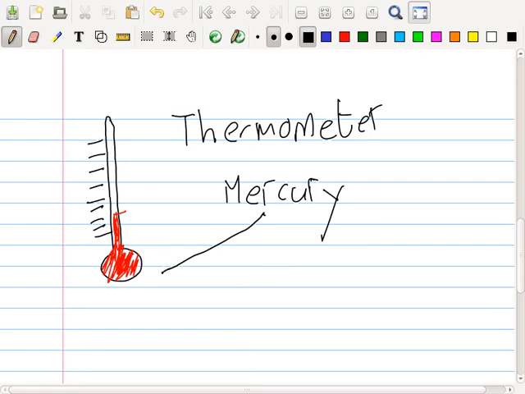Mercury is inside this thermometer. Now what happens is when it gets hotter, it goes up, higher, and then when it gets colder, it goes down. But the range here is only going to be something like 10 to 30 maybe. It's going to be a small range. If you want more of a range, you'd need a digital one or something. Anyways, the point is, this is a very old way to measure temperature. Not very good. We'll look at other ways.